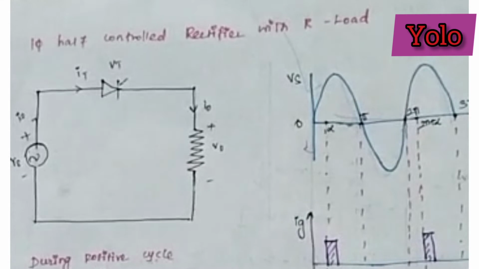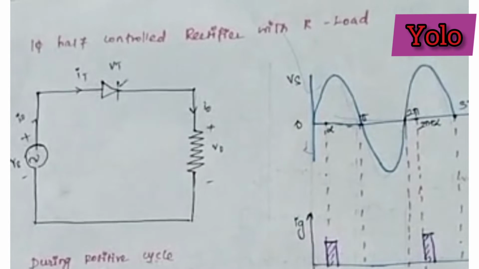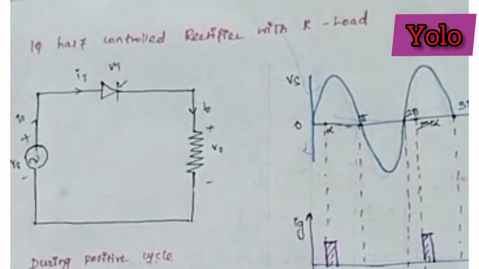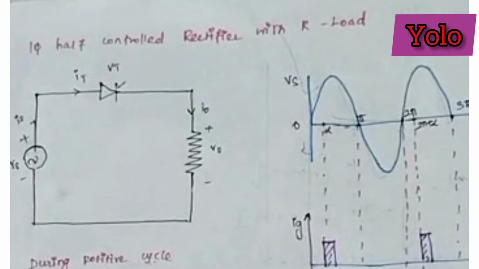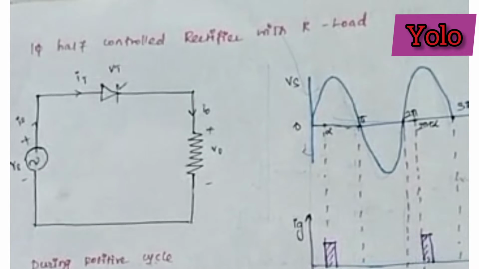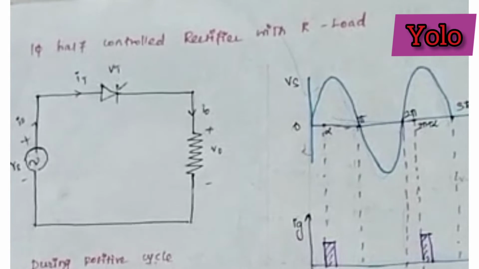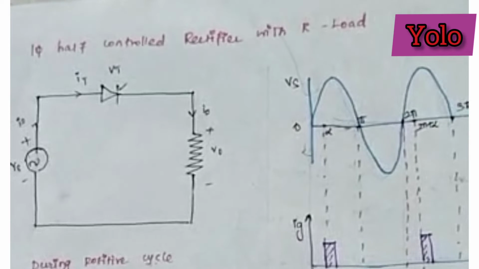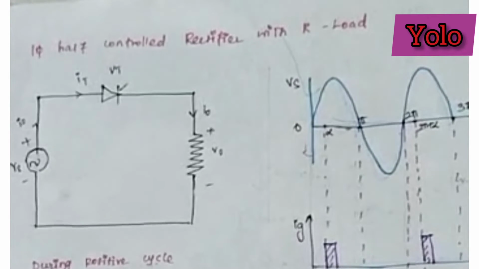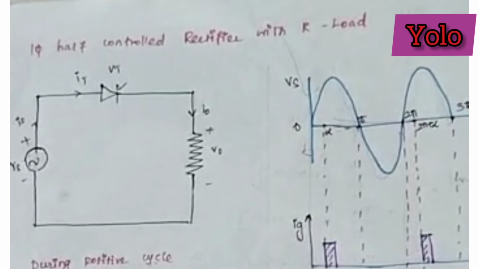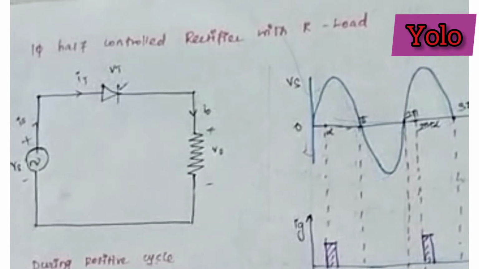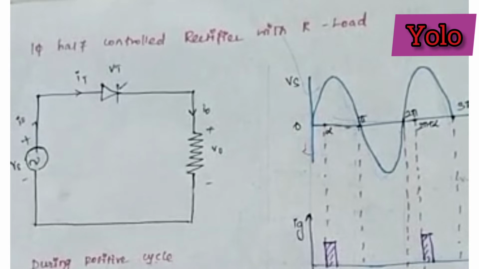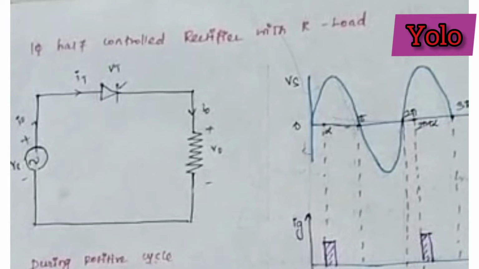Single phase half control rectifier is a one pulse converter. One pulse converter means one trigger pulse is to be generated during every cycle of the supply to trigger the SCR. Now we discuss the circuit of single phase half control rectifier with R load. The circuit is energized by line voltage or transformer secondary voltage, that is Vs equal to Vm sin omega t. It is assumed that the supply voltage never exceeds the forward or reverse blocking voltage of the thyristor.